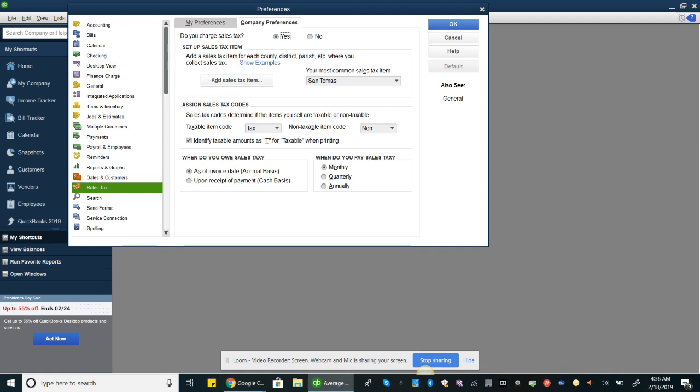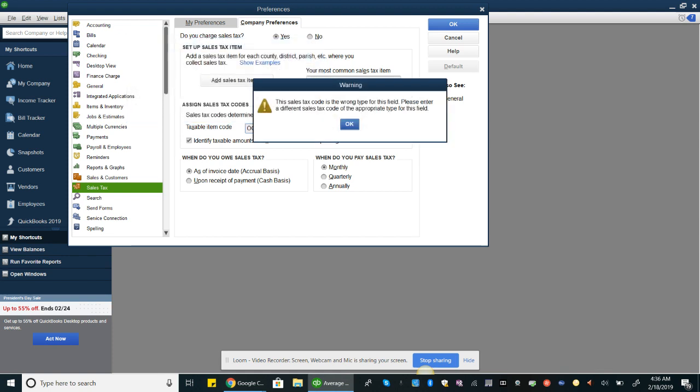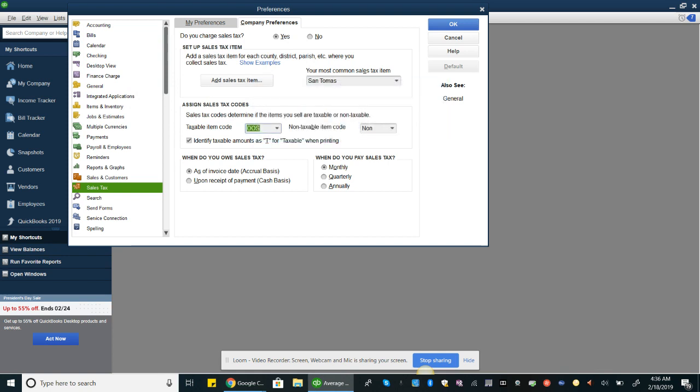Assign sales tax code. So down here was where we're adding a code. They didn't mention that pop-up we got. So we're going to follow the instructions at number 6. So our code is OOS, and then the description is out of state, which will be non-taxable. And we'll say okay. This sales tax code is the wrong type for this field. Okay. So maybe